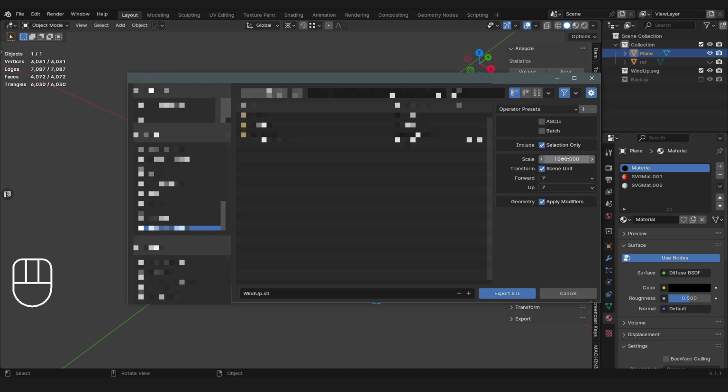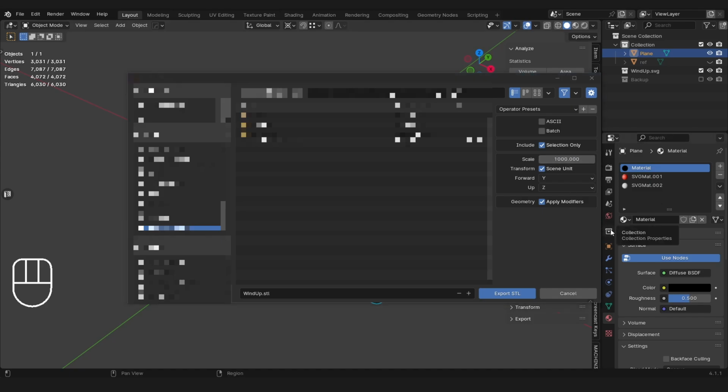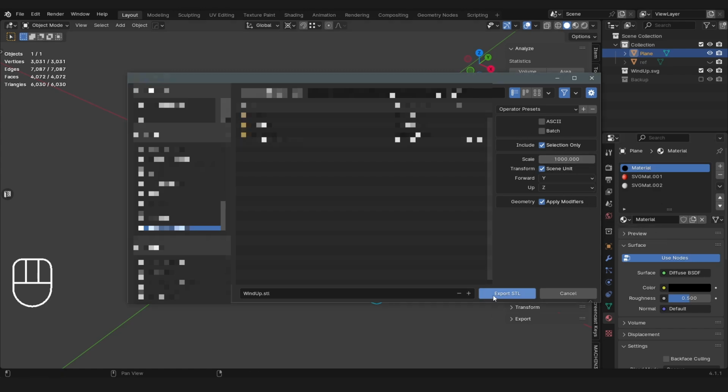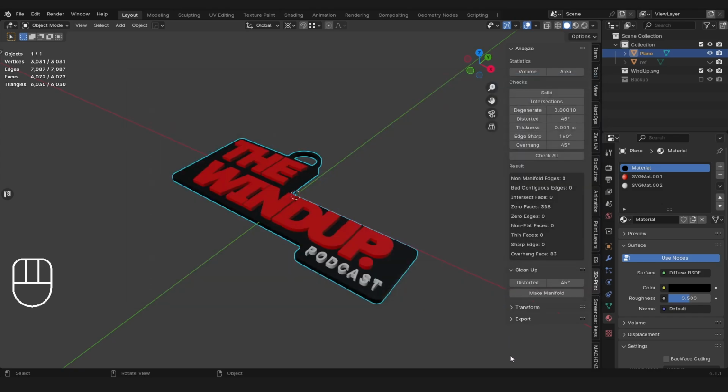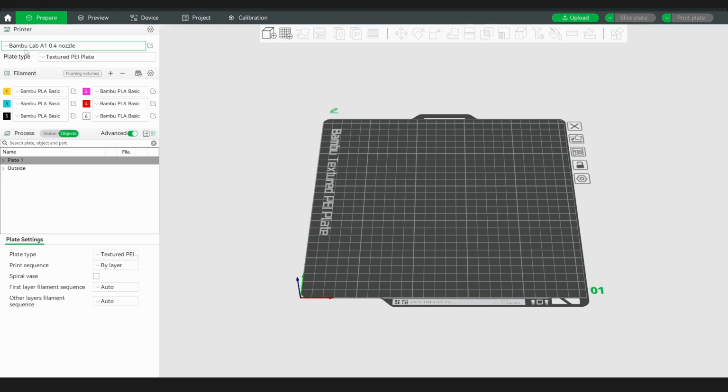And I found that that's exactly what you need to do in order to get Blender to export an STL that will work with most slicers at the correct proportions. I found that if I use a scale of 1, the object comes in really tiny. So I modify that by powers of 10, and I found that 1000 is the correct measurement that I want to scale by, and this works really well for my purposes. So I'm just going to export that, and now we can go into Bambu Lab or Bambu Studio, and I've